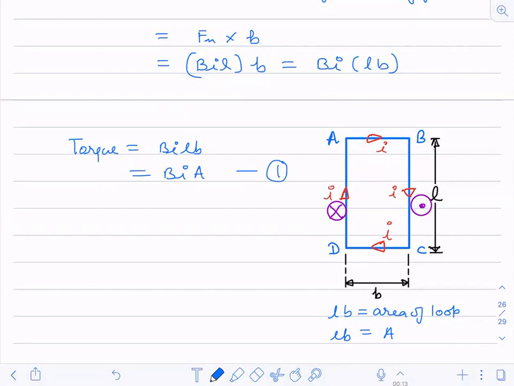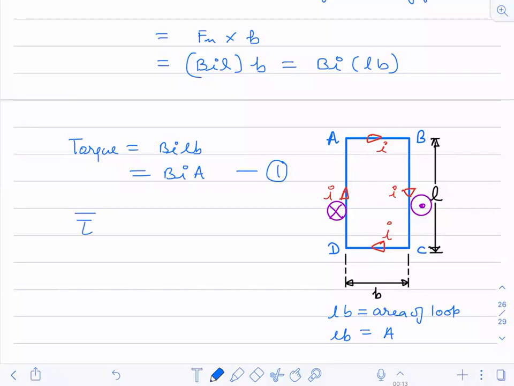Now, just see here, this torque is a vector quantity. So I should find out in this expression what is a vector here, because torque is a vector quantity. So on the right hand side also, I should be having the cross product of two vectors. So how will I write it now?